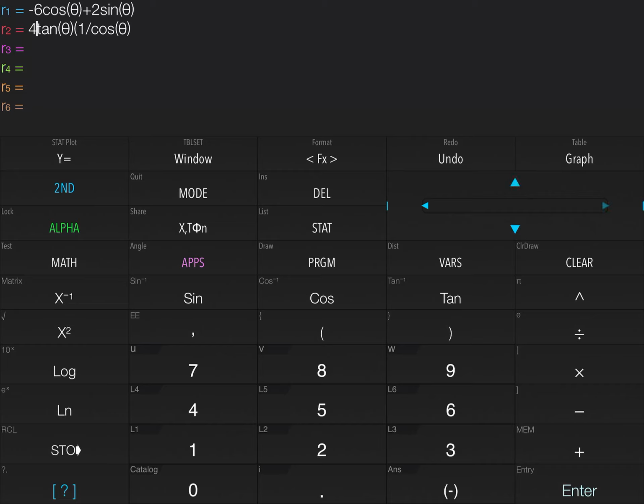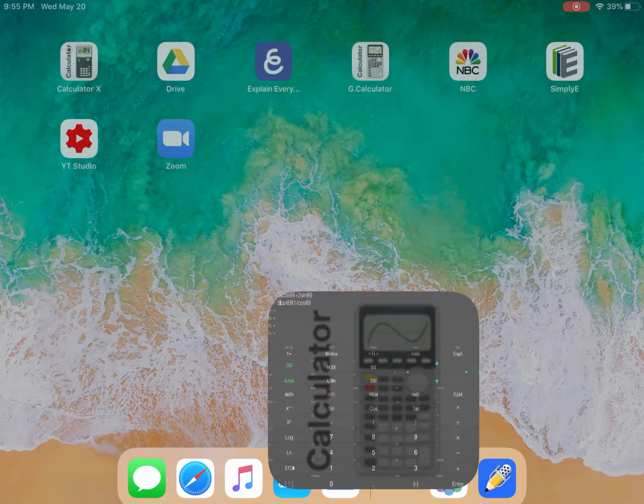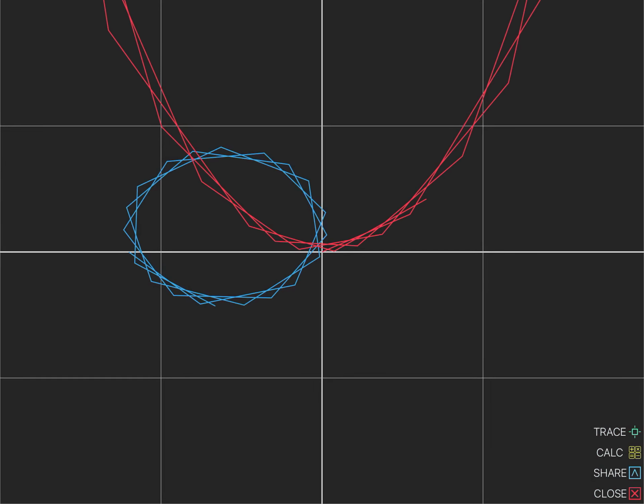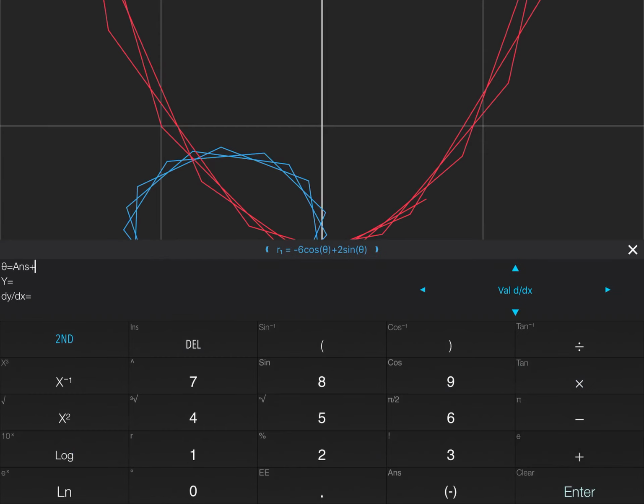I'll go up here, and I'm going to change this to a 5. And we ought to get that parabola because this is tangent theta, secant theta. And we'll get a parabola, but one thing that we get is a really weird looking parabola, because now we've